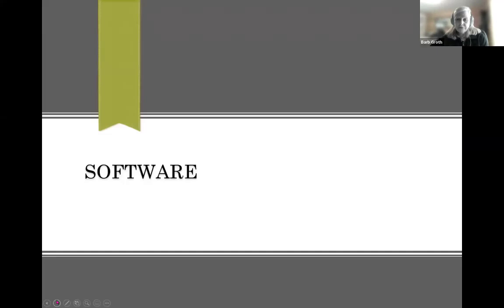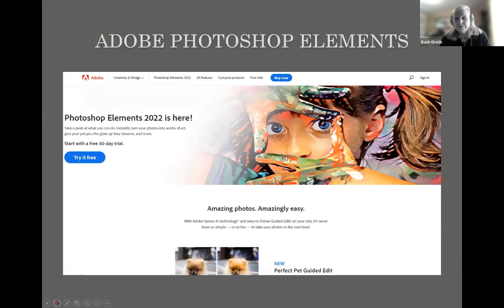As far as the software is concerned, there's two important things. First of all, I use Adobe Photoshop Elements. You know, Adobe makes both Photoshop and Elements. Adobe Photoshop is pretty much very technical and much more for the professional, whereas Elements is pretty easy to use. I actually use Photoshop Elements 2021, but 2022 was just released. You can see over here on the right that